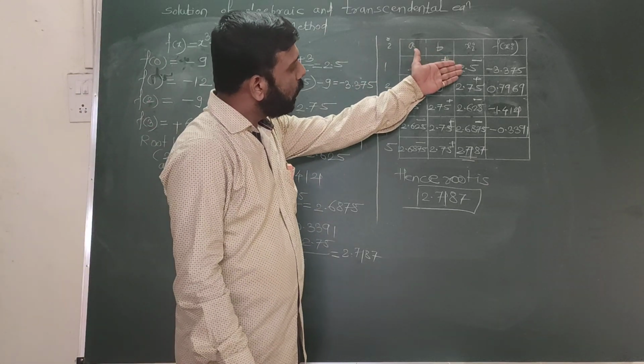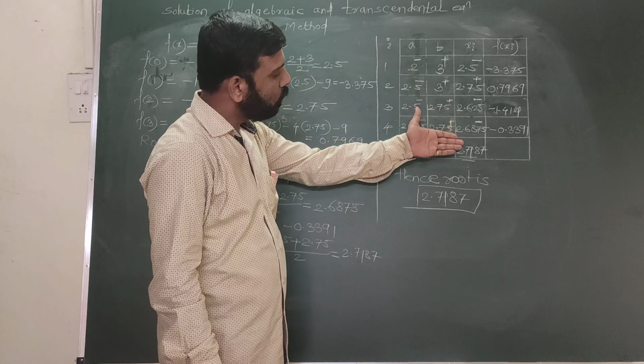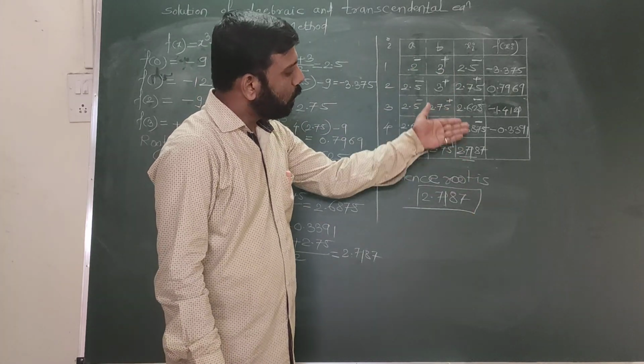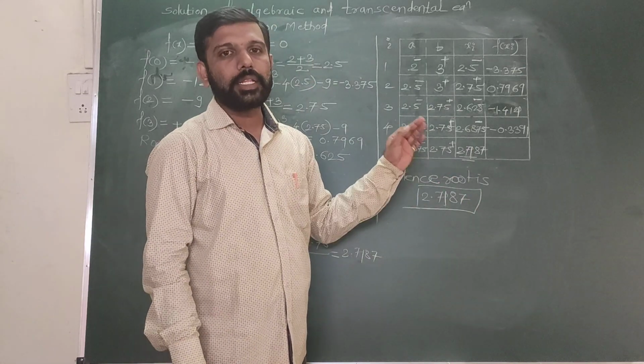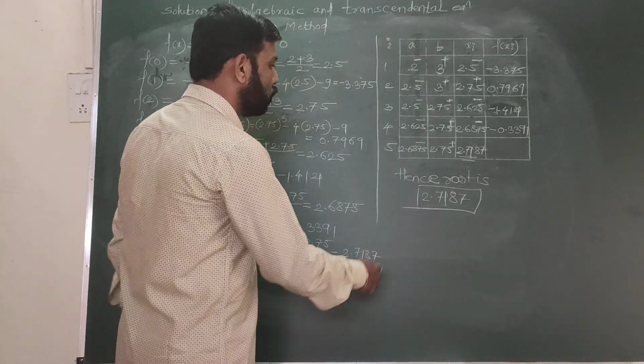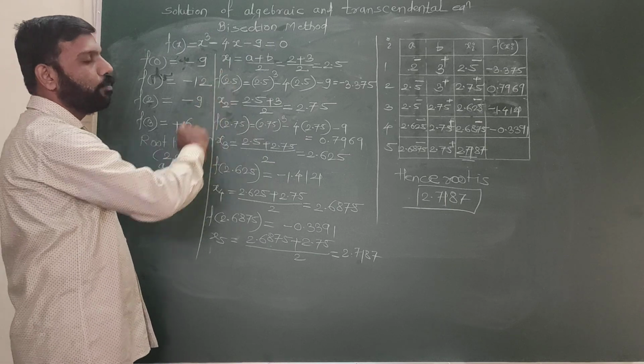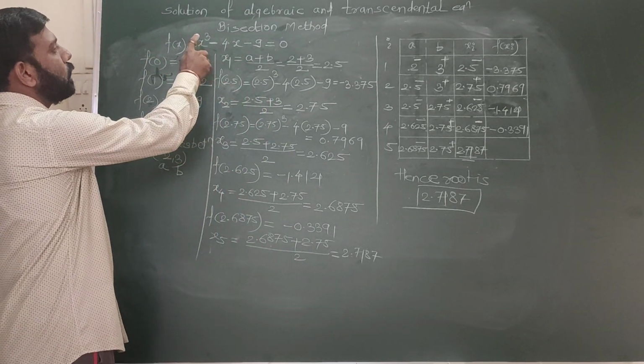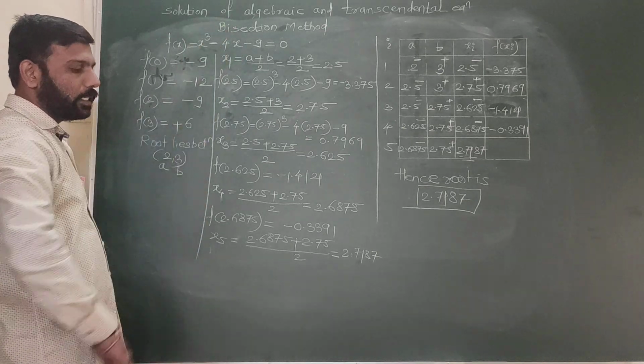Because when we go ahead finding the approximations, we are going closer to the exact value. But all the times we get only the approximate value. So this is the discussion of the bisection method. We solved one problem, an algebraic equation, by using the bisection method.